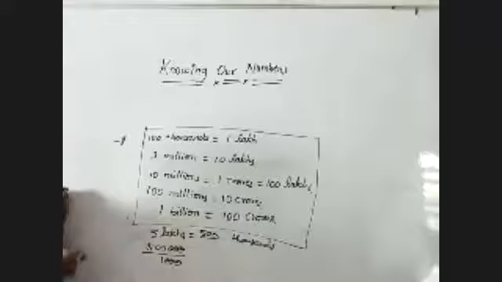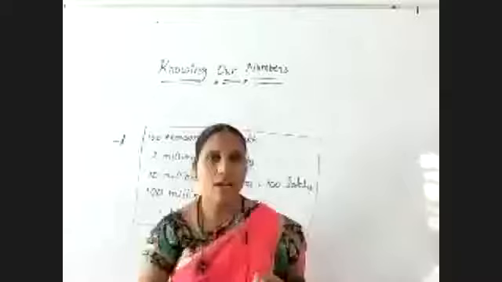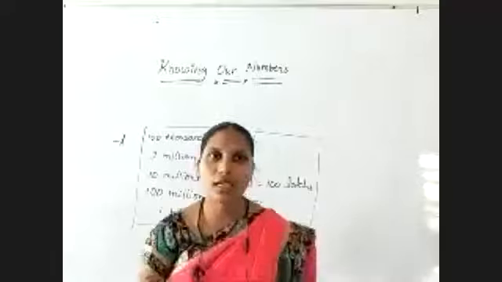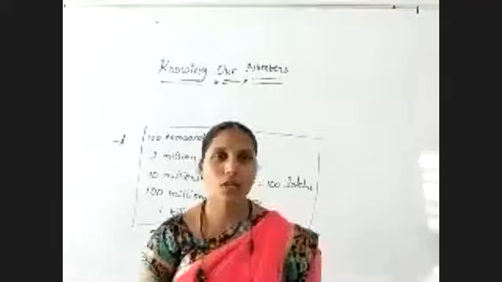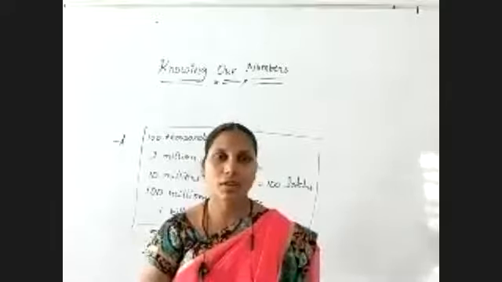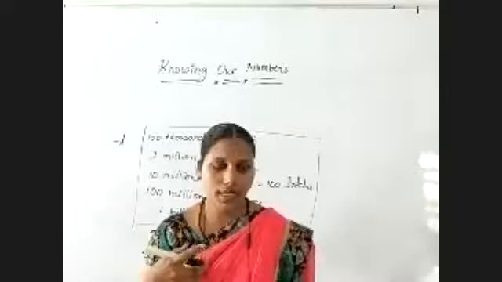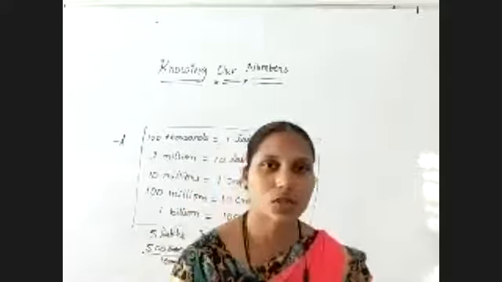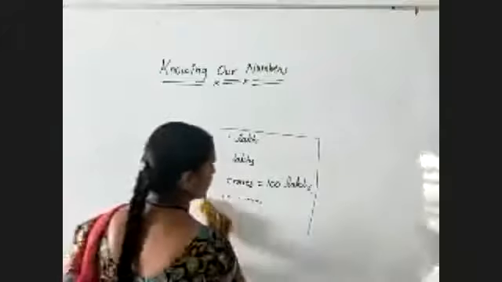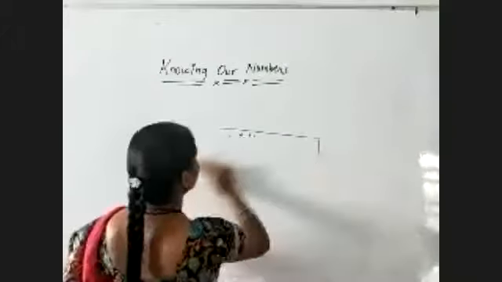So that's what I want: the Indian place value system, the international place value system, how to represent numbers in both systems, and the relation between the Indian and international systems. Take a few examples, a few problems of your own, take your mobile number or whatever, and try to write those numbers in both the Indian and international systems. We'll continue the topic tomorrow.